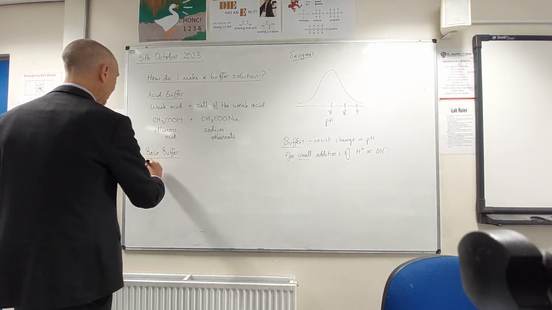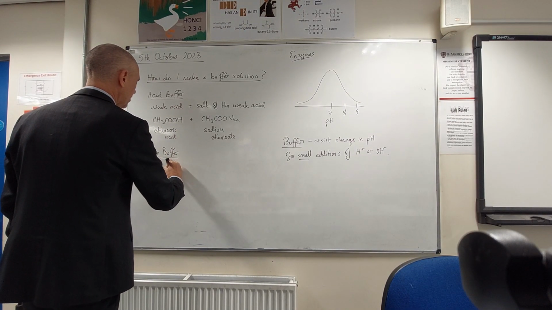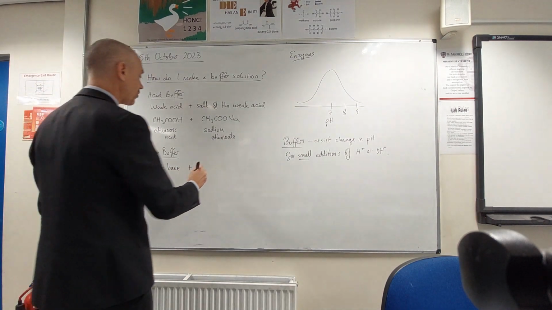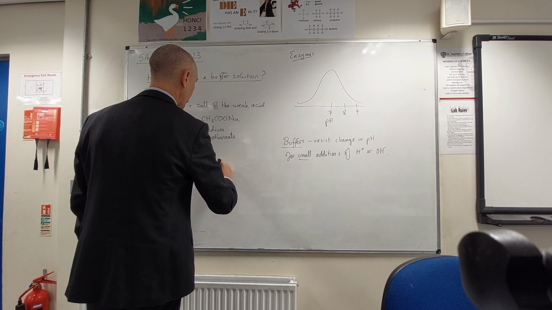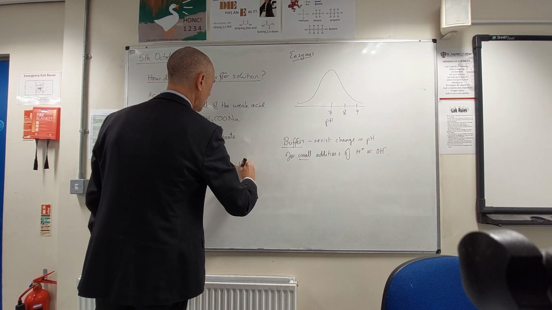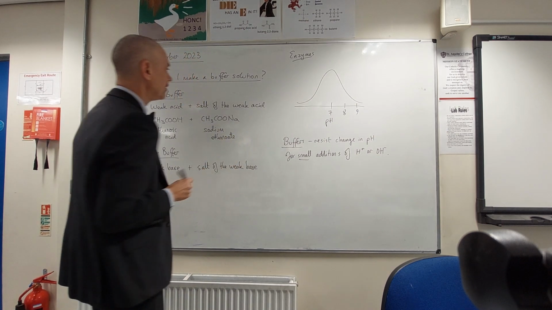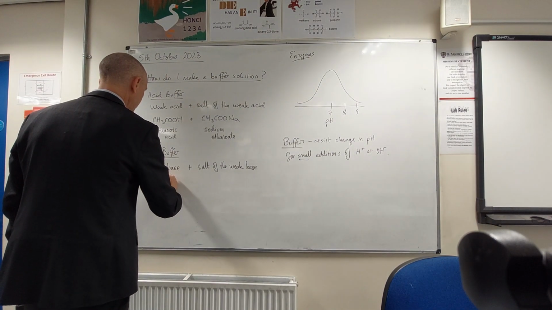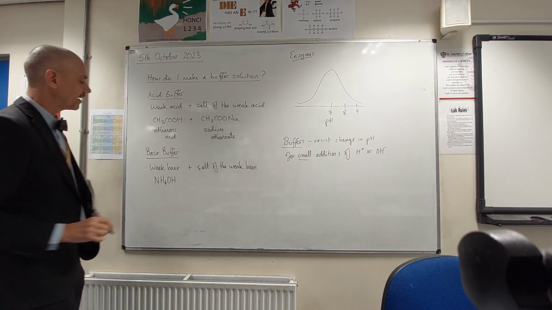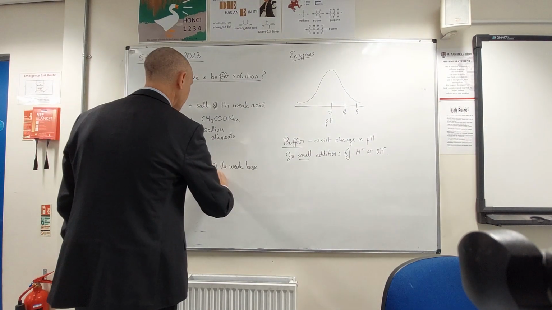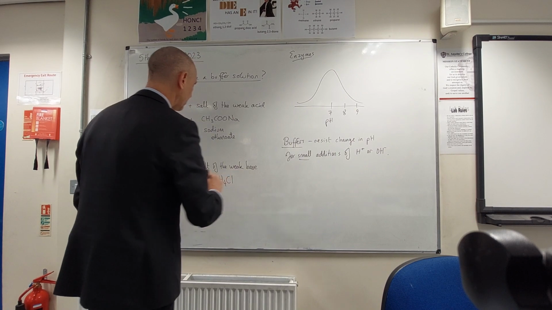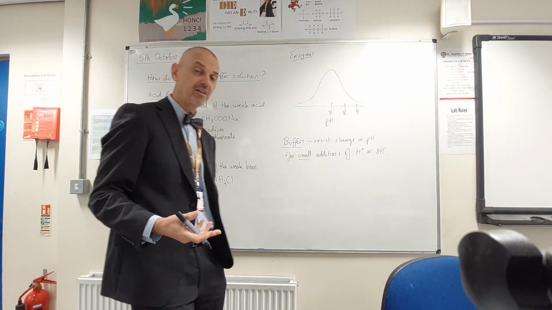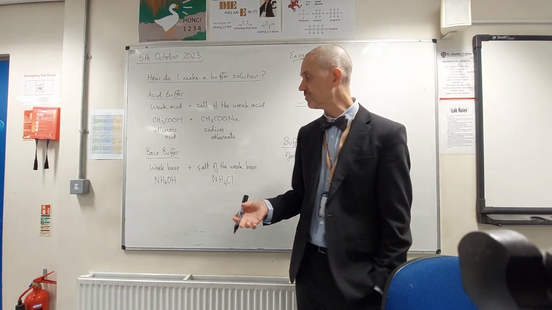And the ingredients are very similar to the acid buffers. So a base buffer is a weak base and a salt of that weak base. Okay, so a weak base, something like ammonia or ammonium hydroxide in solution, and ammonium chloride would be a salt of that. So again, a mixture of those two chemicals, or dissolve some ammonium chloride in some ammonia solution, that will give